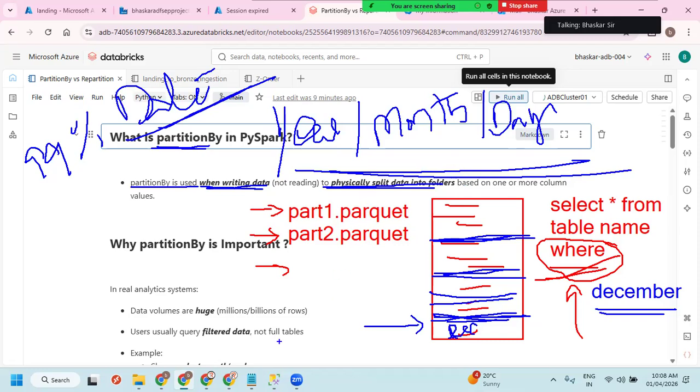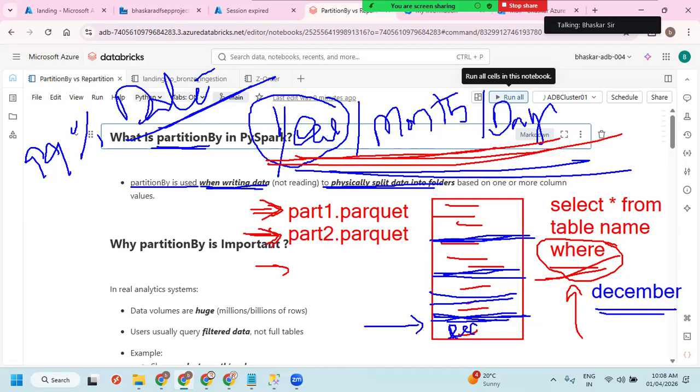So this partition by, you can do it on a single column or on multiple columns. If you need only year-wise partition, then it is a single column. And if it is for multiple columns, in my case we use three columns: year, month, day. In that case, you have to use the three columns. So simply we are going to divide into multiple partitions. On what basis? 99% we are going to use a date column only. Okay, we are going to see that.